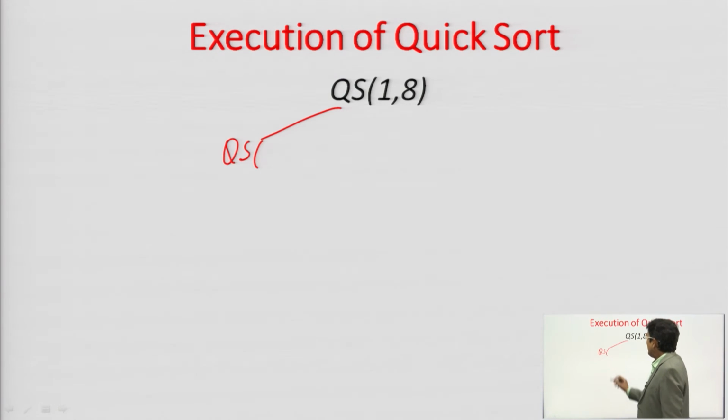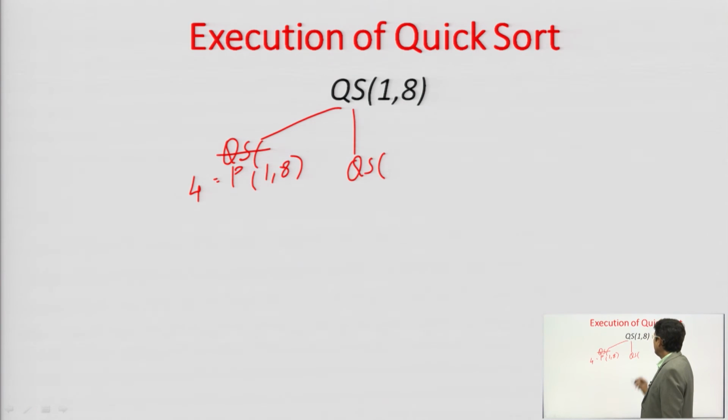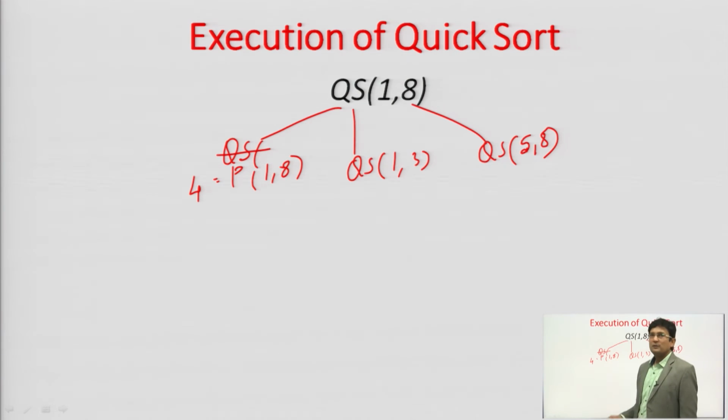Now, you have performed the partition algorithm, and you have called partition 1 to 8. This returns, let us say, 4. So, you will perform a quick sort with low to j minus 1, meaning 1 to 3 index, and then you will perform a quick sort with j plus 1 to high, meaning 5 to 8 index. Partition is the iterative algorithm, whereas quick sort is the recursive algorithm. It returns 4, then it will terminate, and then there is a turn of this algorithm.